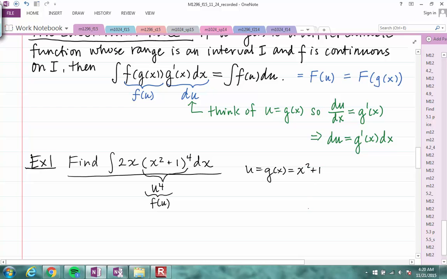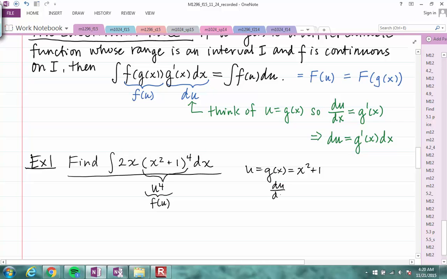I'm just going to write over here that u, or g of x, is x squared plus 1. That's what's implied there. When we're looking at the left-hand side, we're trying to relate all this stuff so that we can move to the right-hand side, the integral of f of u du. So looking here, we have our f of u identified. What about the du part, or what about the g prime of x dx? So what you need to do next is, with your choice of g of x or u, x squared plus 1, take the derivative of that,